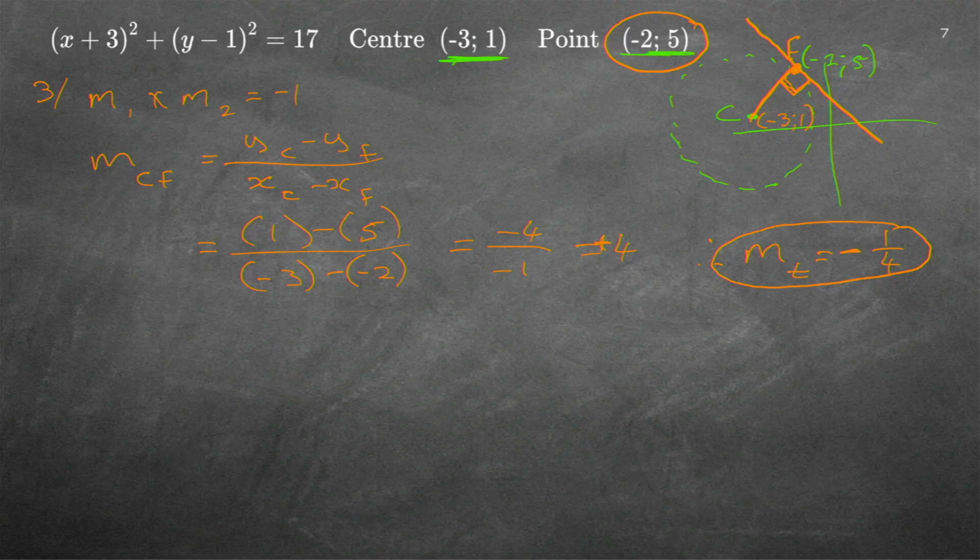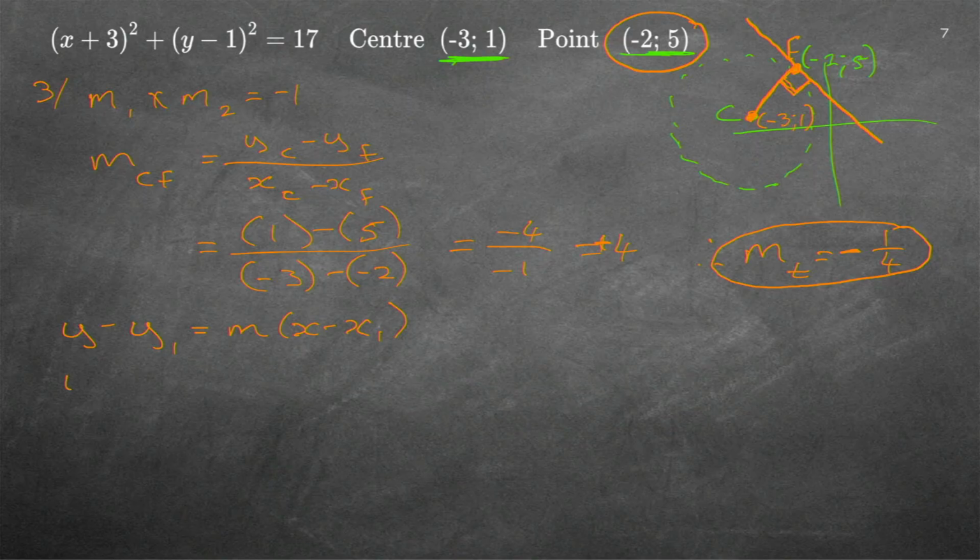Be very careful, because many people now use the center point. The center point has got nothing to do with your tangent. So we've found the gradient there. Once we now write down y minus y1 is equal to m times x minus x1, you remember that is the formula I prefer to use, then I can just go and fill in.